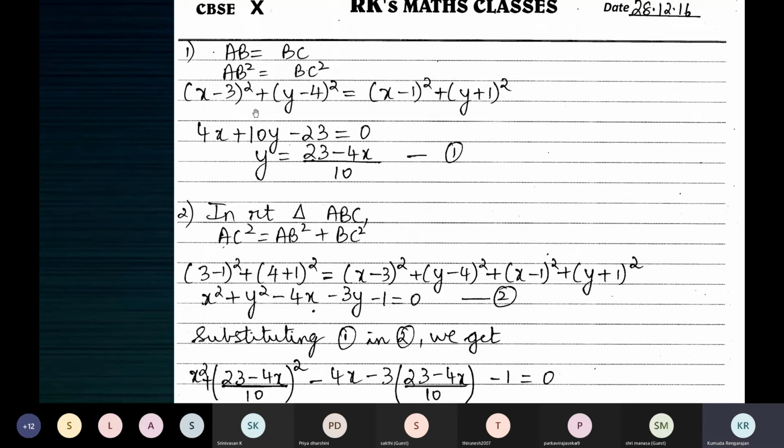So children, here AB is equal to BC, so AB square is equal to BC square. Substitution, I'm not telling you, but after that you just have to square it. You will get 3 terms here, 3 terms here, and 3 terms on each side. Then bringing everything to one side and simplifying, you will get this equation. You should be able to do that. Just simplifying this, you will get this equation. When you're working this, you will stop here. You will not know that you have to write y in terms of x. You will actually stop here.